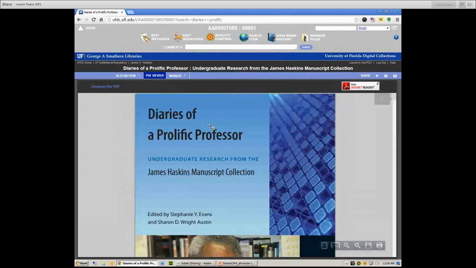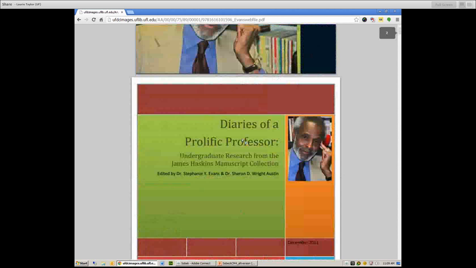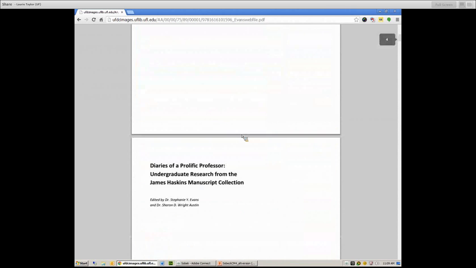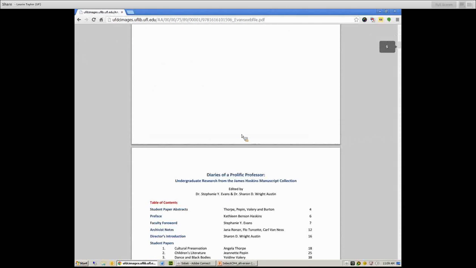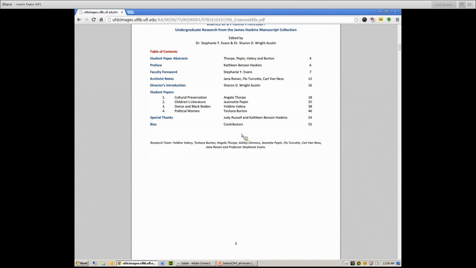This is another really neat example. It's Diaries of a Prolific Professor, undergraduate research from the James Haskins manuscript collection. So in this, the curators and collection managers worked with the teaching faculty and a full undergraduate class to work on the processing for an archival collection. And then from that, they collaborated together to identify different topics that needed to be covered, and then they wrote different papers on it that they presented together as a PDF, which is openly available online,